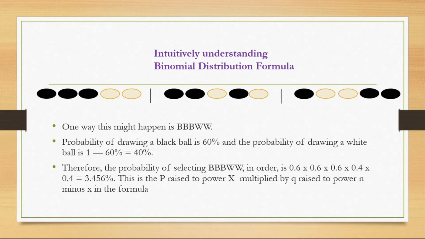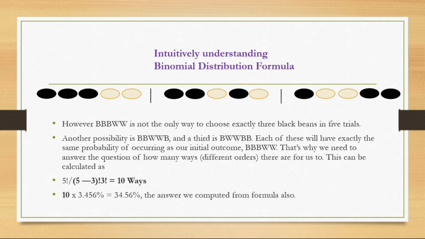W, W. Probability of drawing a black ball is 60% and the probability of drawing a white ball is 1 minus 60%, that is 40%. Therefore, the probability of selecting B, B, B, W, W in order is 0.6 into 0.6 into 0.6 into 0.4 into 0.4, which is equal to 3.456%. This is the p raised to power x multiplied by q raised to power n minus x in the formula. However,